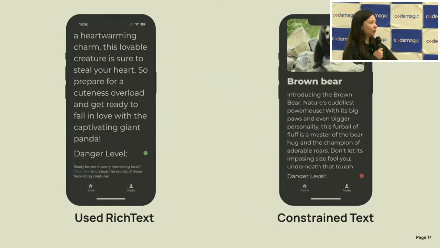So, for instance, you have constrained your text and somehow it's cutting off. That means you just have to add a scroll view, you have to maybe dynamically size something, pretty easy thing, but you have to test it and see it and know it, otherwise somebody who scales the font will have a problem. Or you have used RichText which doesn't have accessibility features and the text isn't scaling, or you have used a package that constrains text. So what can you do? Instead of RichText, use Text.rich and you have all the accessibility features and the text will scale.